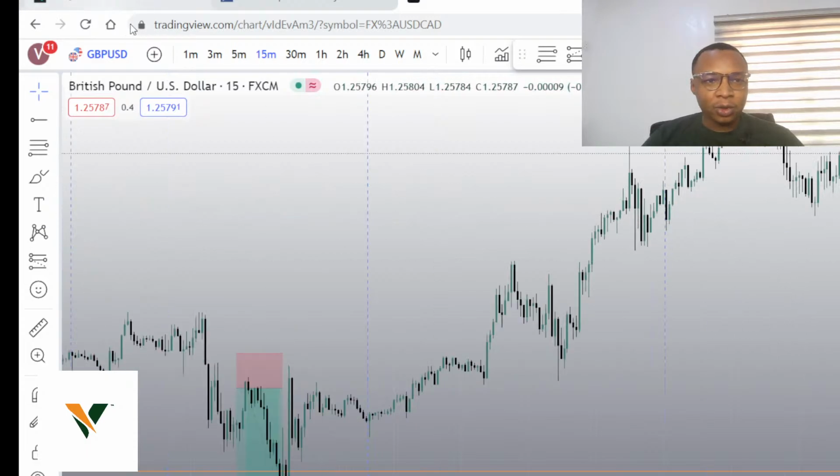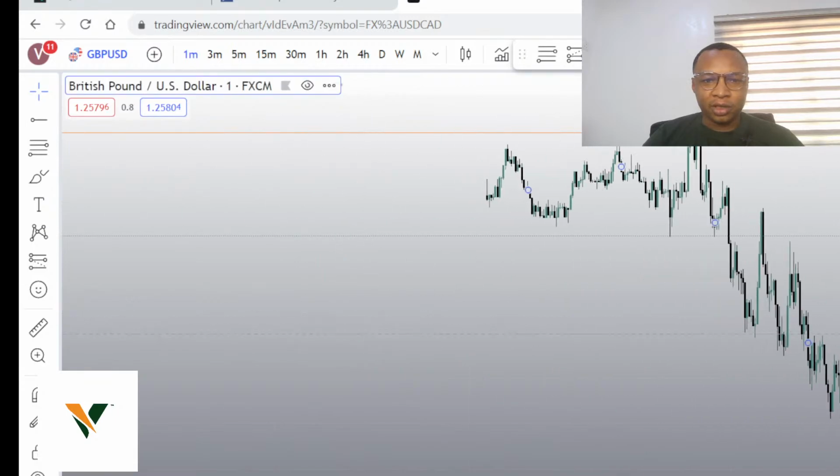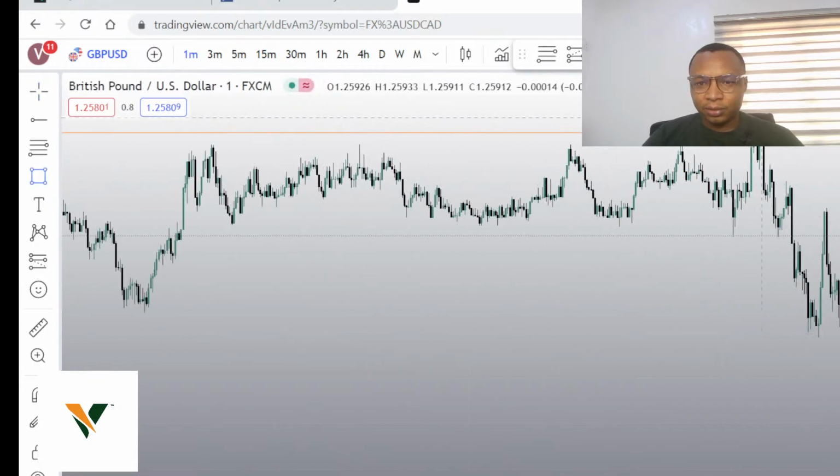So after we saw price trade above the Asian range, on smaller time frames, the 1 minute, we started seeing a break of market structure right about here. Yeah, right about here. We saw the break of market structure, and everyone has their own signature entries. So we use our signature entry, a perfect break of market structure on the 1 minute, immediately after the price took out the Asian high, that's above the Asian range. And then after the break of structure, we took our sell trade, somewhere around here.